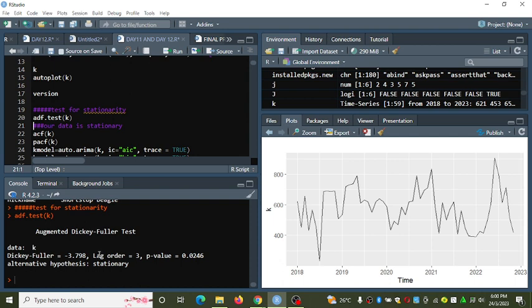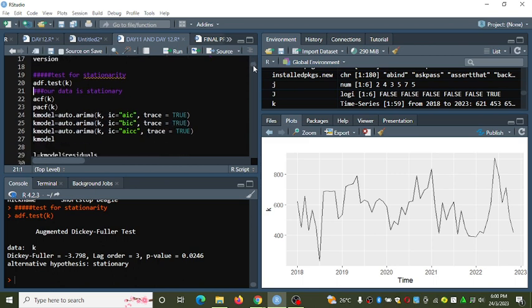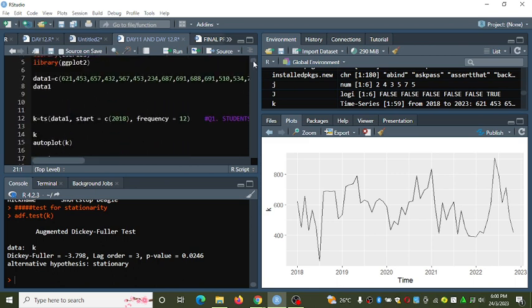The compiler has executed this test based on lag order 3. Lag order 3 means, from our data, this is lag 1, 621 is lag 1, 452 is lag 2, 453, 456, 457 is lag 3.